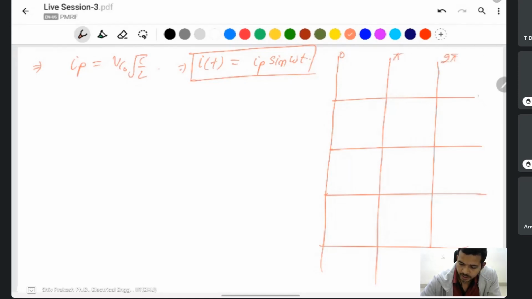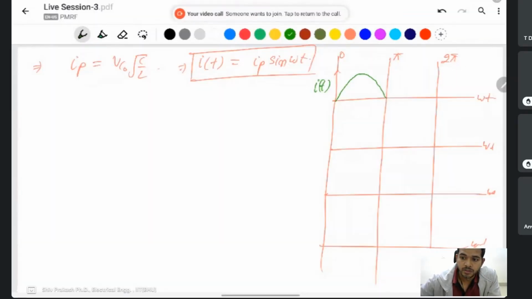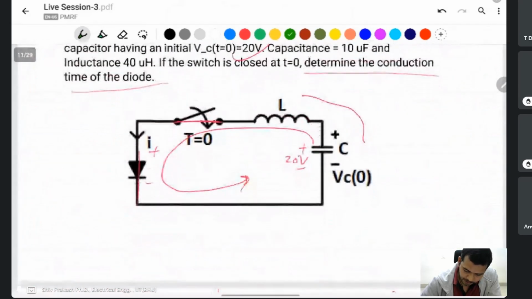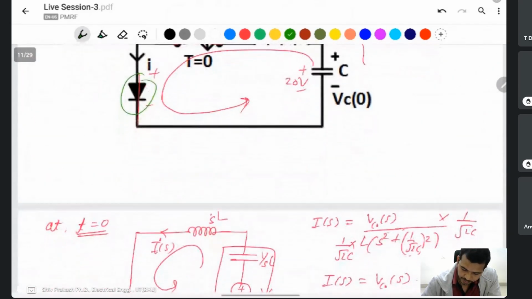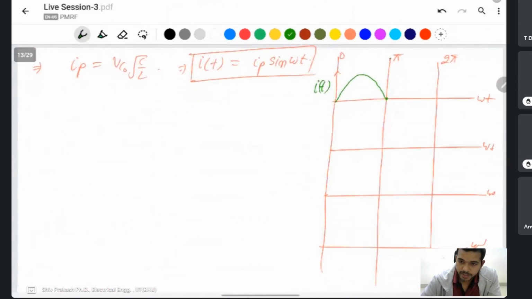I have written omega t, the time scale in theta. This one, the current flow like that, I t, is sinusoidal. If a diode is present in the circuit, the current flows and reaches pi